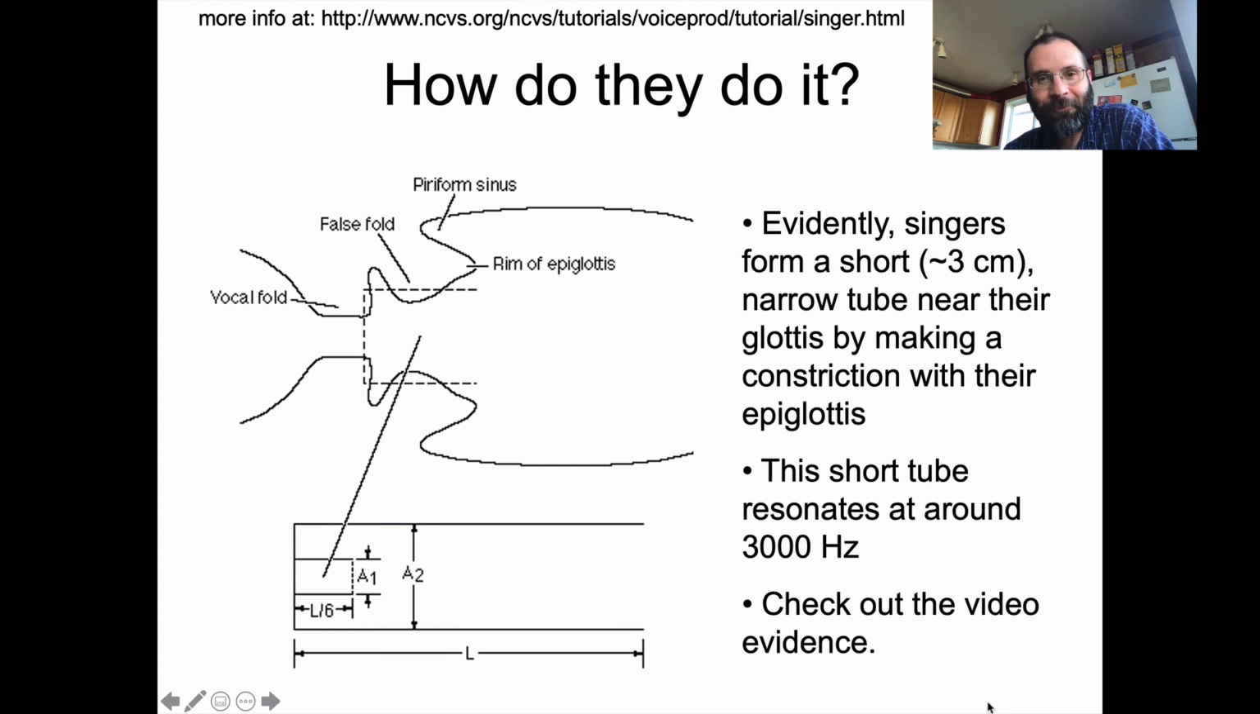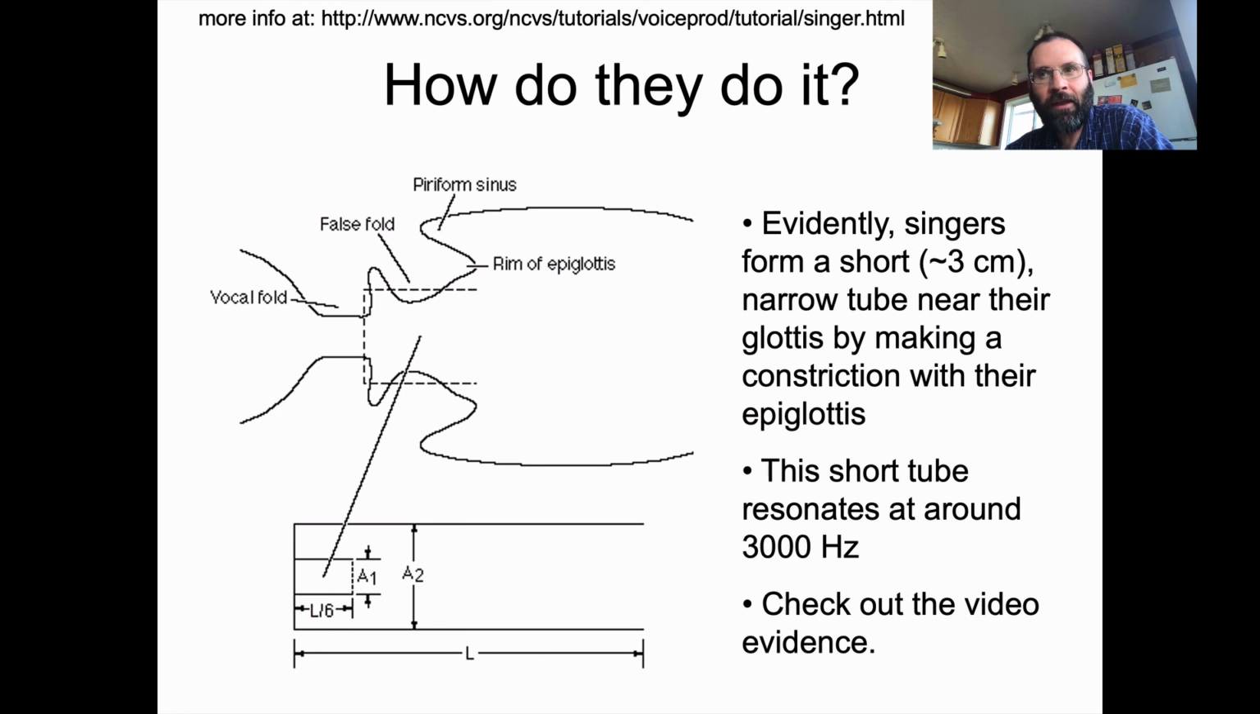Anyways, how do they do it? So the idea is that classically trained singers, or just anybody who figures out how to do this, can form a short, narrow tube near the glottis by making a constriction with the epiglottis. So if this is the vocal folds and we're moving air in this direction from left to right, this is your epiglottis, and you can constrict it so that it makes a constriction of about an inch in length. And if you walk through the math of that,